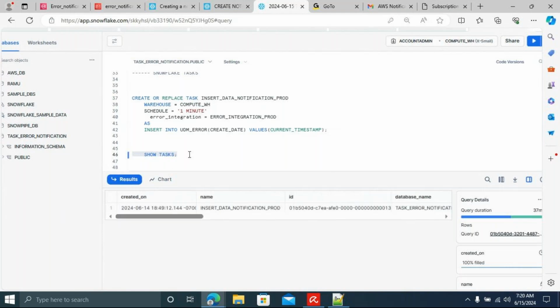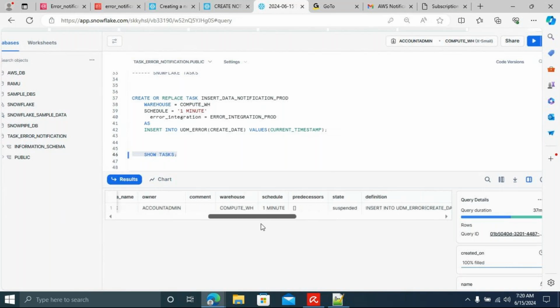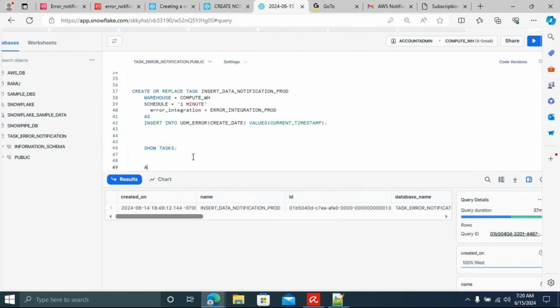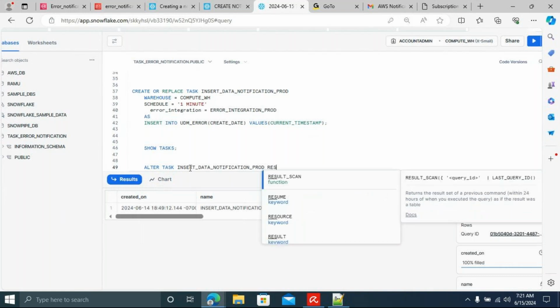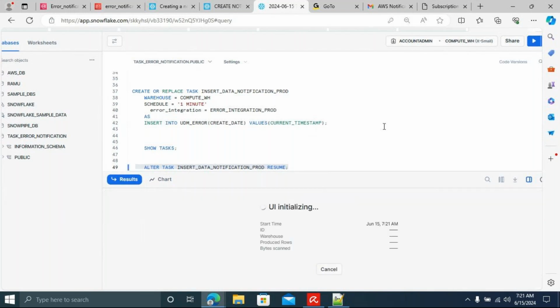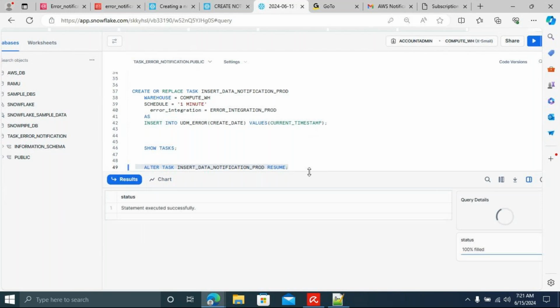If you want to change from suspended state to active state, what might be the command? Alter command, sir. Alter task, then the task name, and then resume. Just run the alter task.